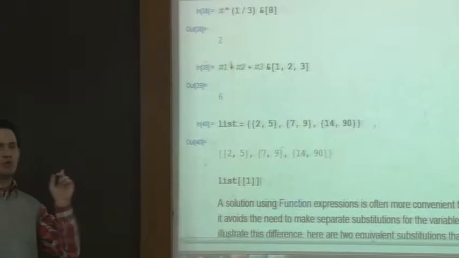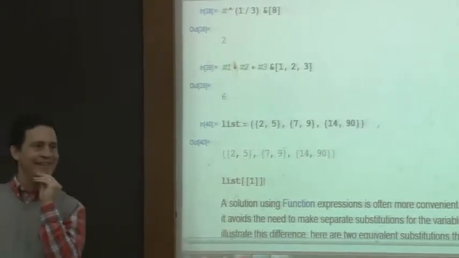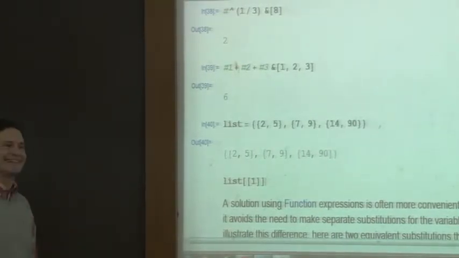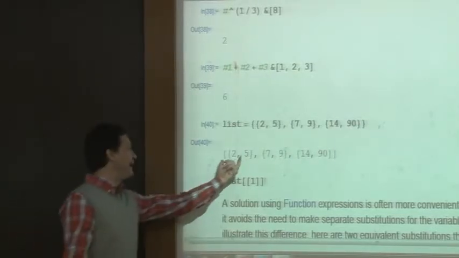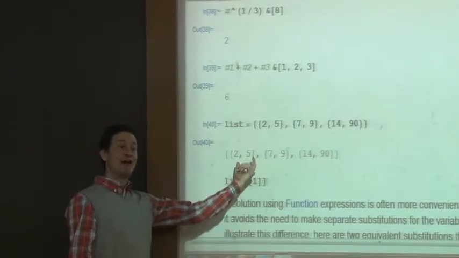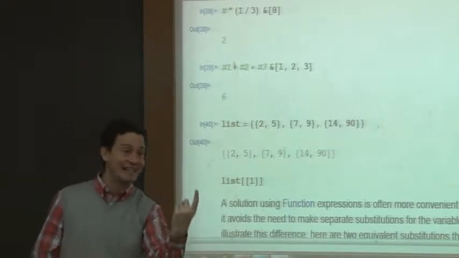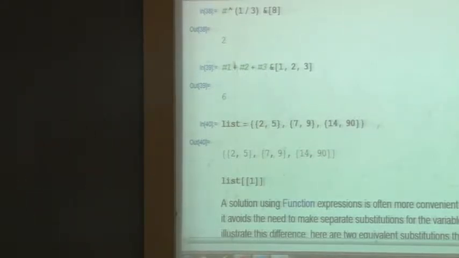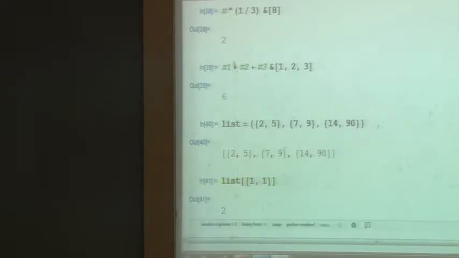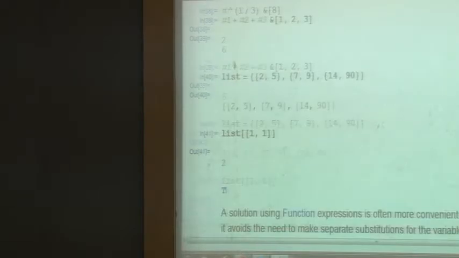Okay, 2 or 2,5? Alright, why? Because the first element is the list, right? But if I want the first element of the first list, then I would issue what? List 1, 1, right? Yes. Why does this work? Because if I go to tree form,